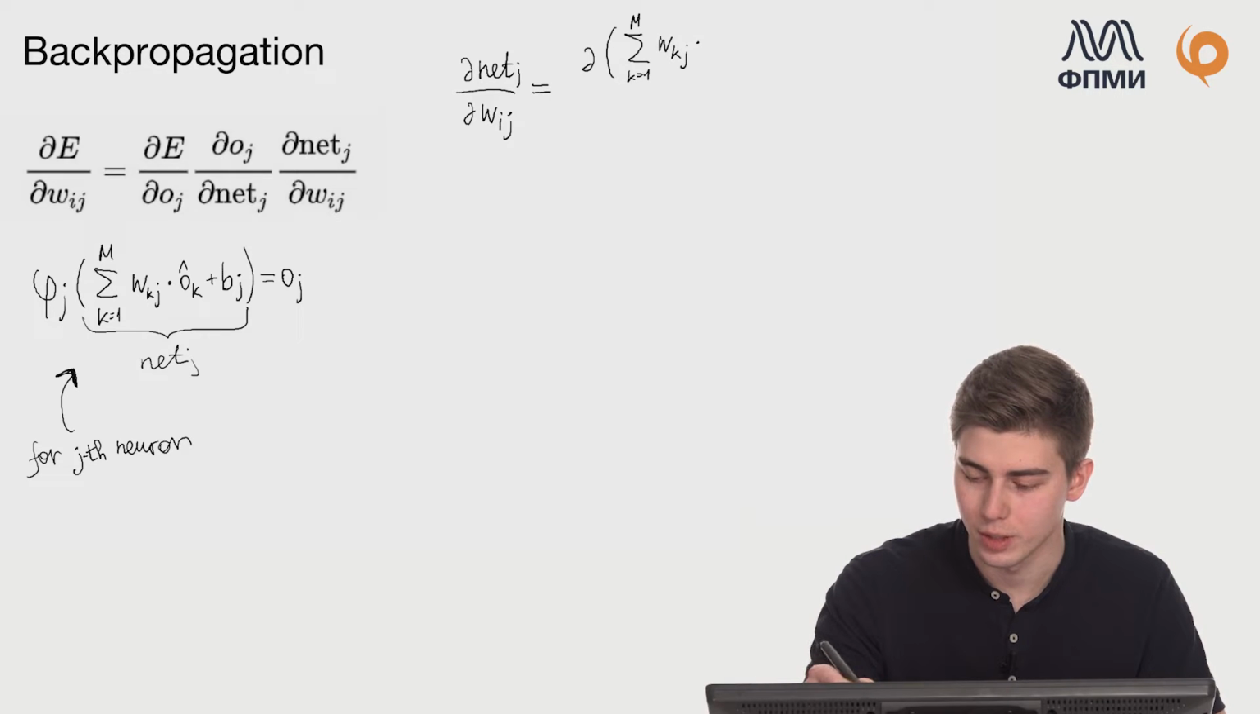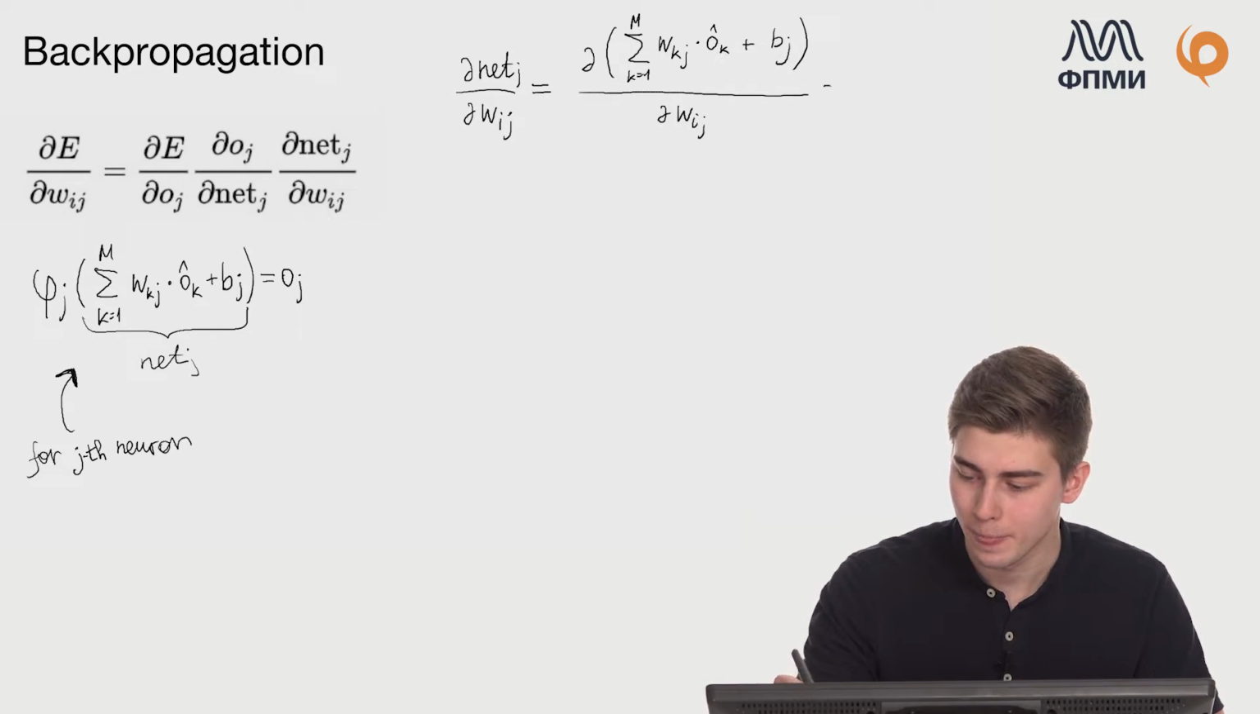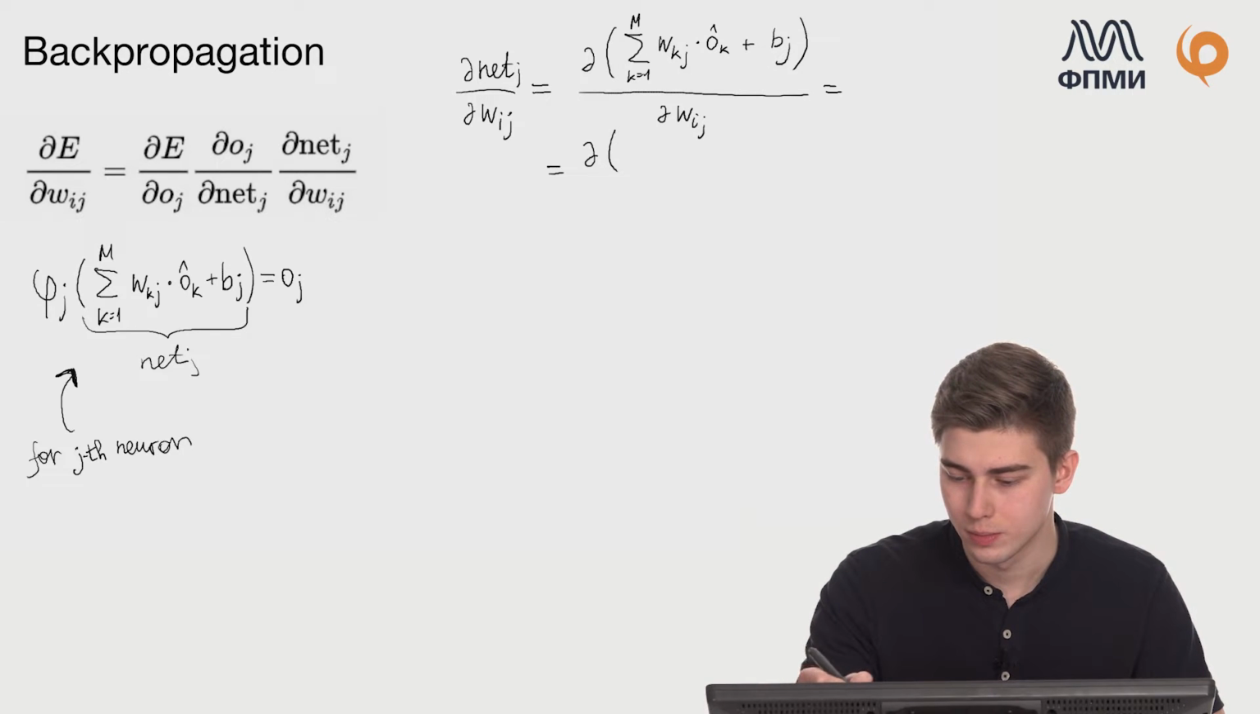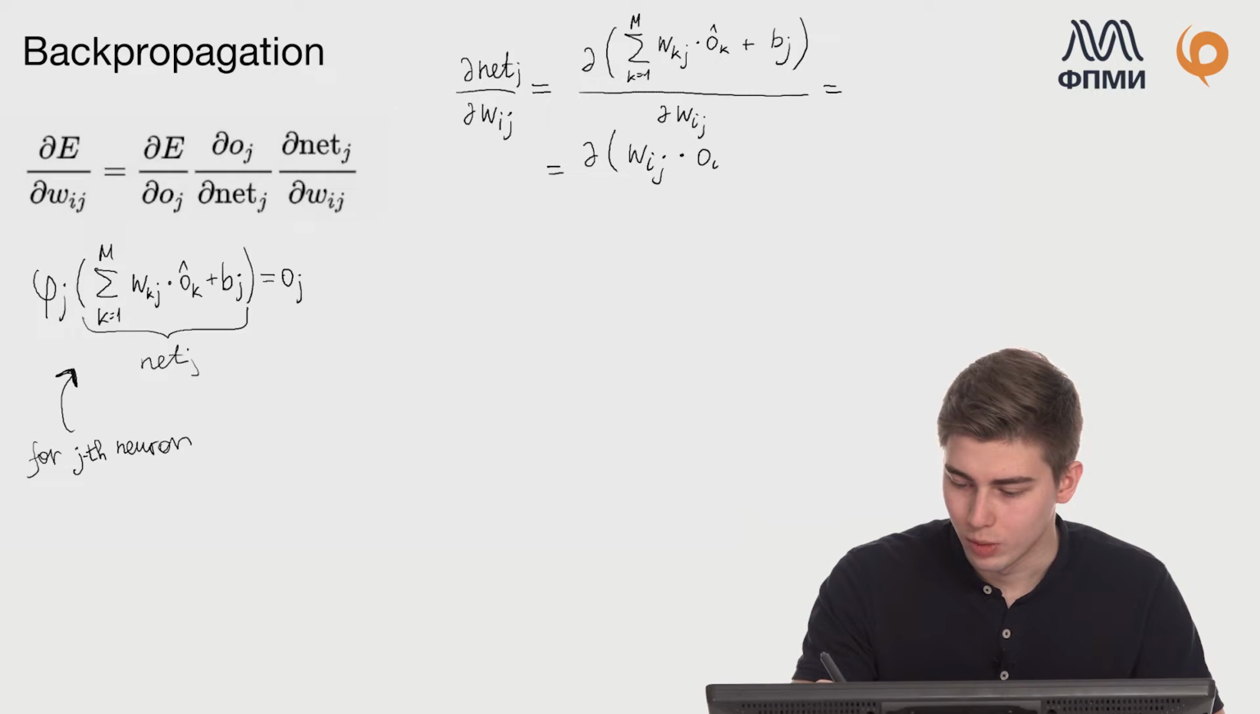Wkj multiplied by O_k plus bj, derivative with respect to Wij. We know that the addends in this sum that don't depend on Wij will be equal to 0. So here we have just Wij multiplied by O_i